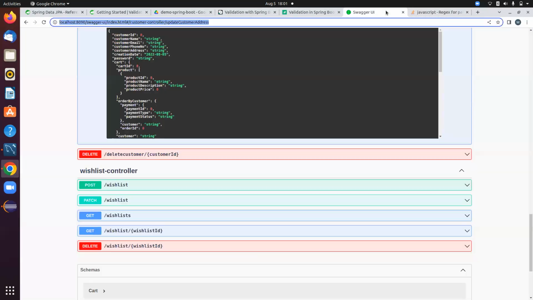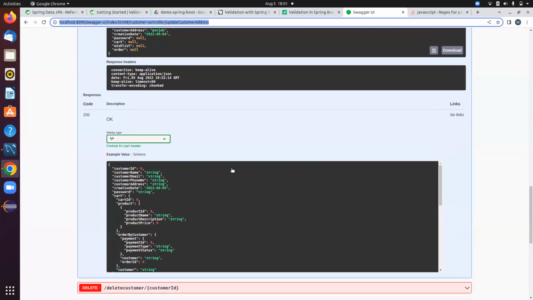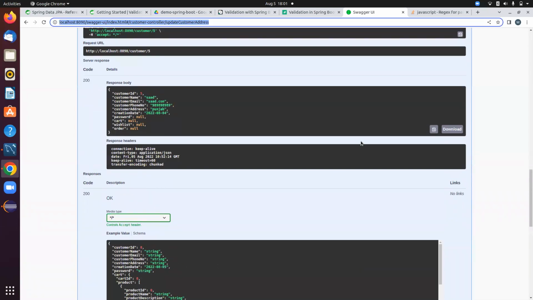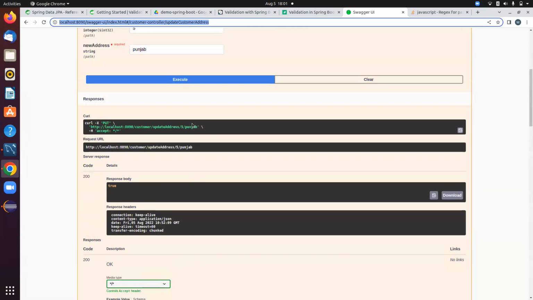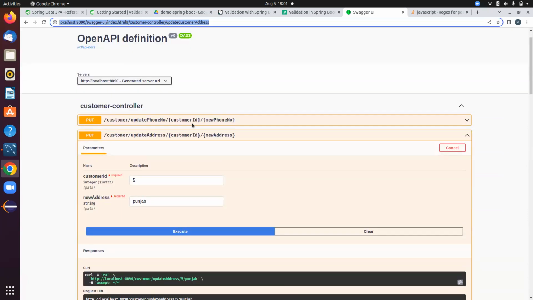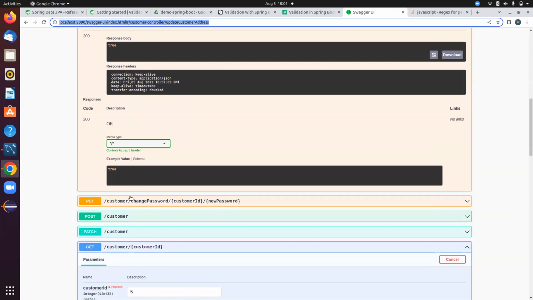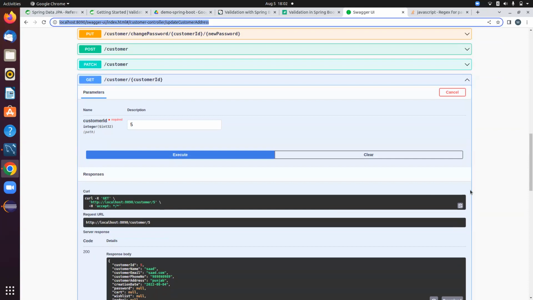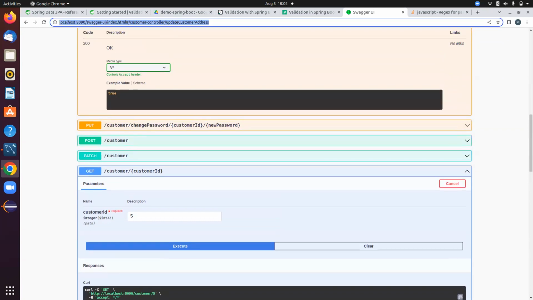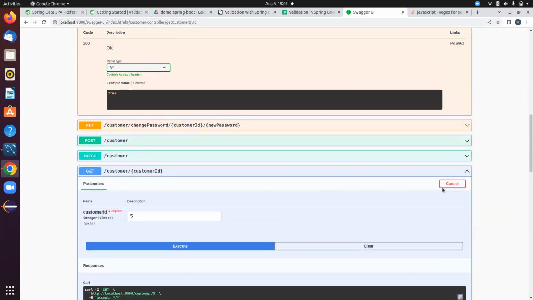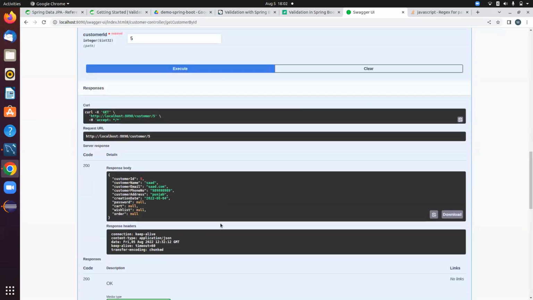Also, Swagger is working, sir. All the things are working, sir. Sir, I have to know one thing. When I am adding a customer, I am also adding, with the help of its primary key ID, a cart and wish list. It is working properly, sir. It is creating a cart and wish list in our database. But when I get the customer, it is not showing that. How can I retrieve this, sir?